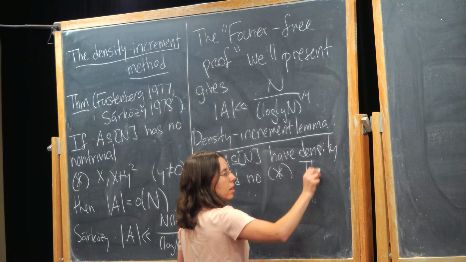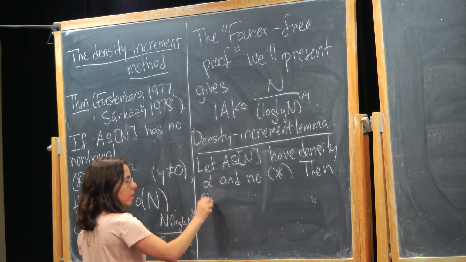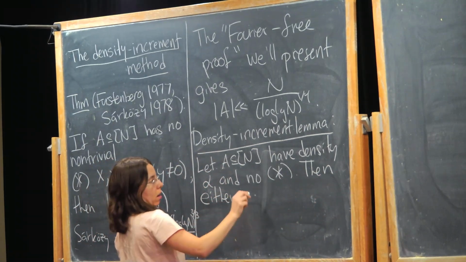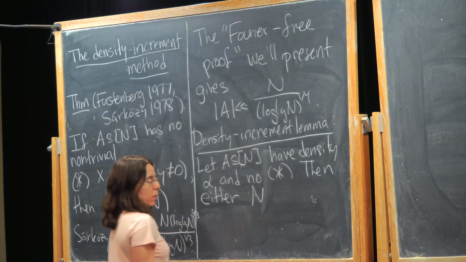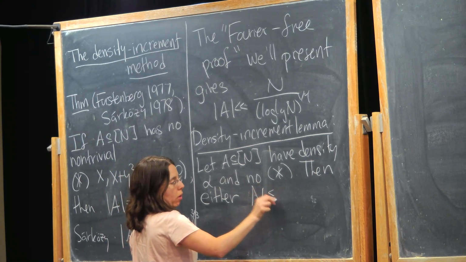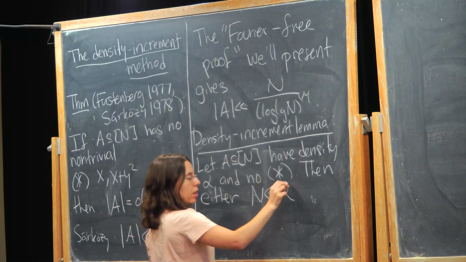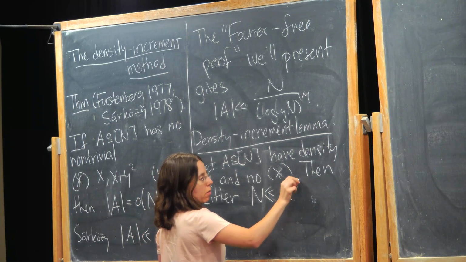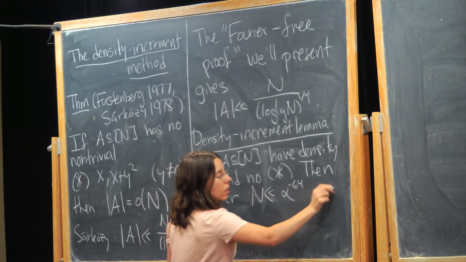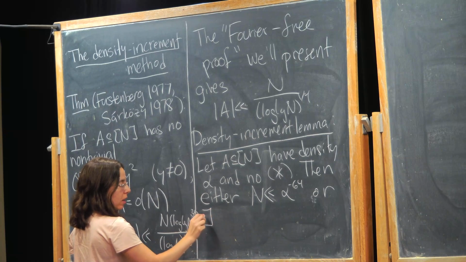Okay, so then either n must be small, so n is bounded above by some constant times alpha to the negative 64, or